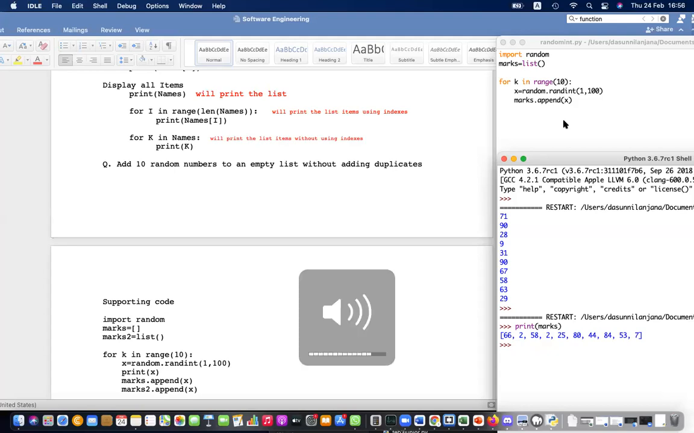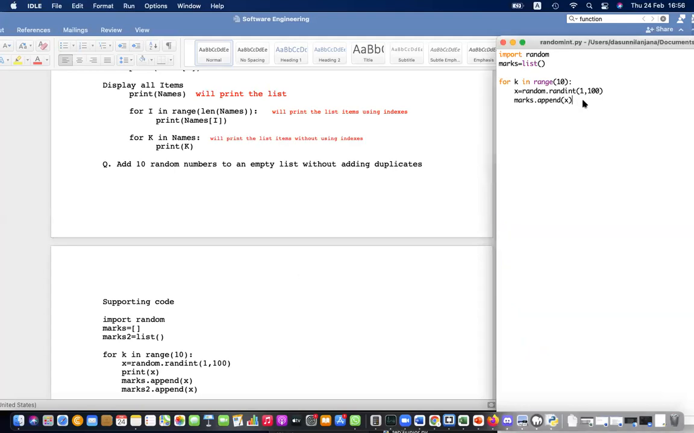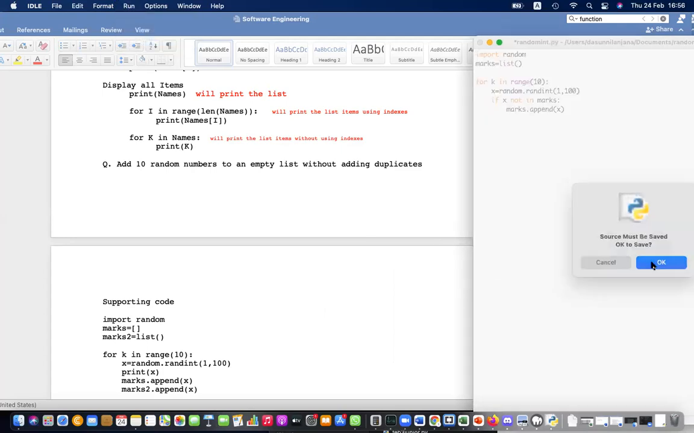You have to check the list. How? Before appending, you can check if this x is not in the list, then only you have to append that. If x not in marks, then append. Okay, then there will be a problem. Why? Because if there are duplicates,